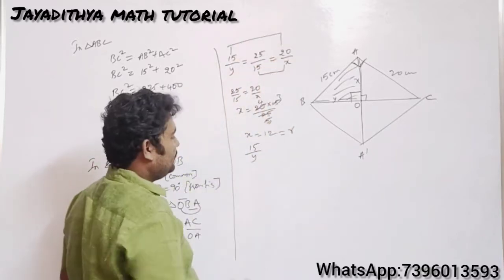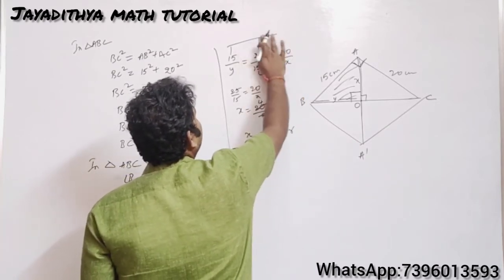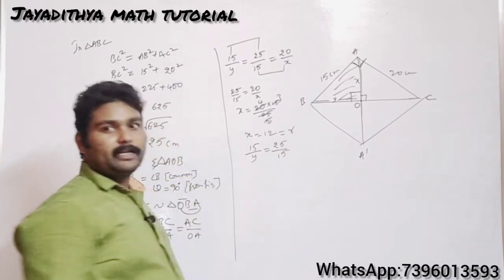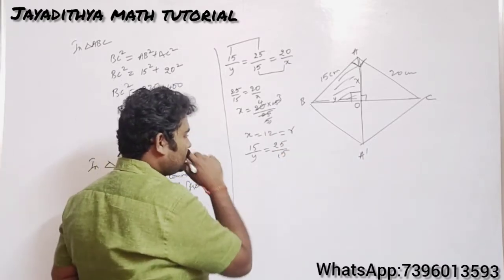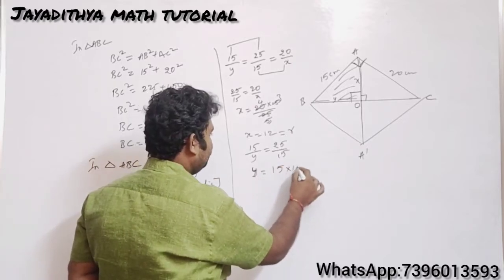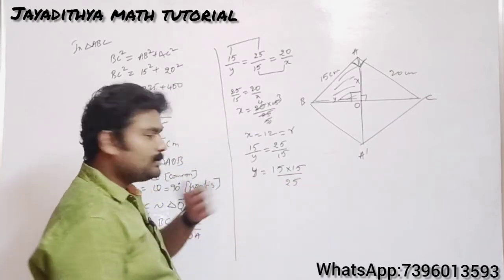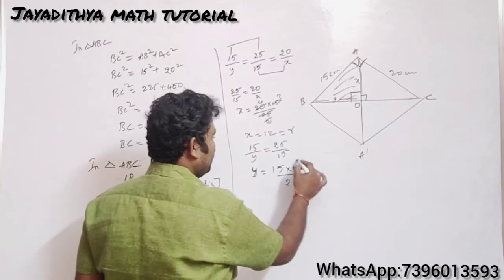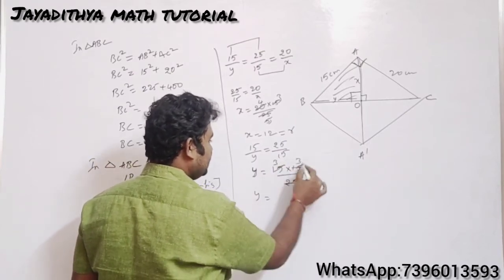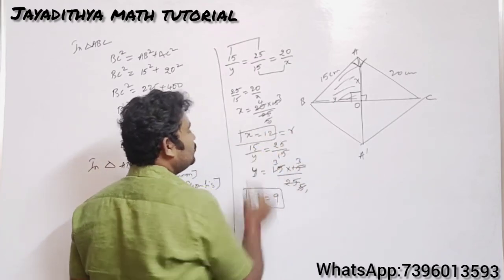Y is nothing but, so in order to find Y, you should equate the other two ratios. These two ratios you need to equate. That is 15 by Y is equals to, sorry, not this one, you should equate this one, is equals to 25 by 15. So again you do cross multiplication. What happens here? Y is equals to 15 into 15 by 25, right now. So you simplify this one, then you will get the answer. So Y is equals to how much? 3 3s are 9, right now. You got Y is equals to 9 and you got X is equals to 12.